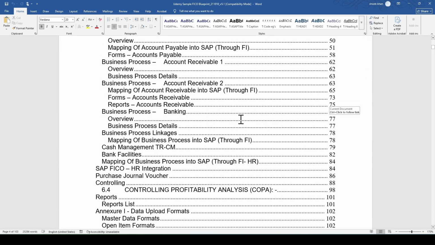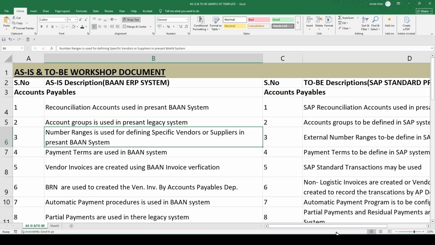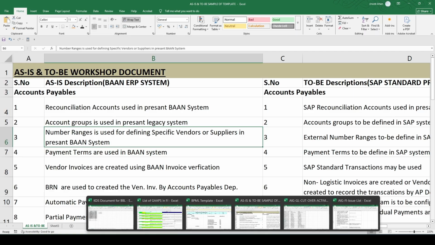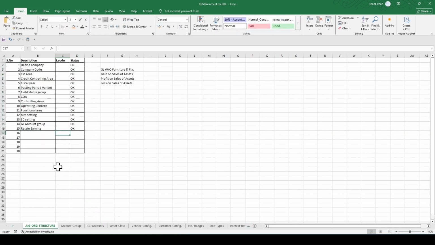So once the business blueprint is complete, then the consultant will shift to preparing the KDS document. This is nothing but the configuration document. KDS stands for key data structure document, which will cover the complete